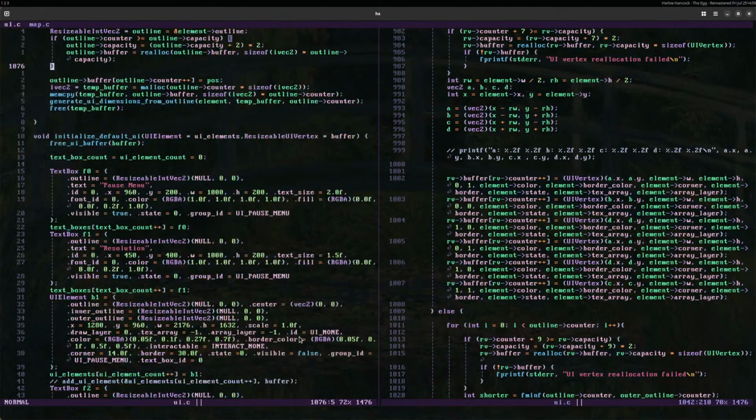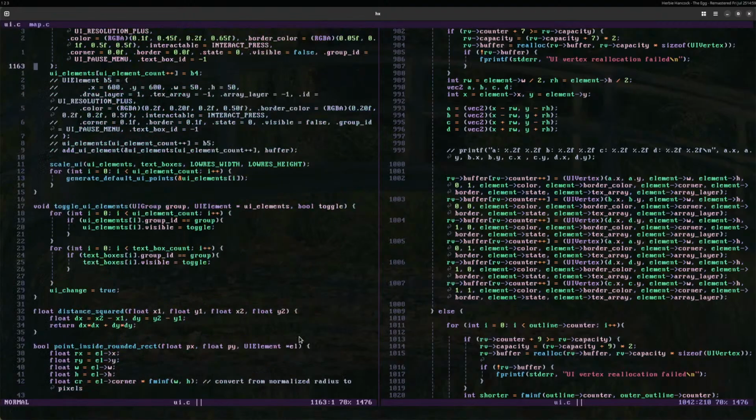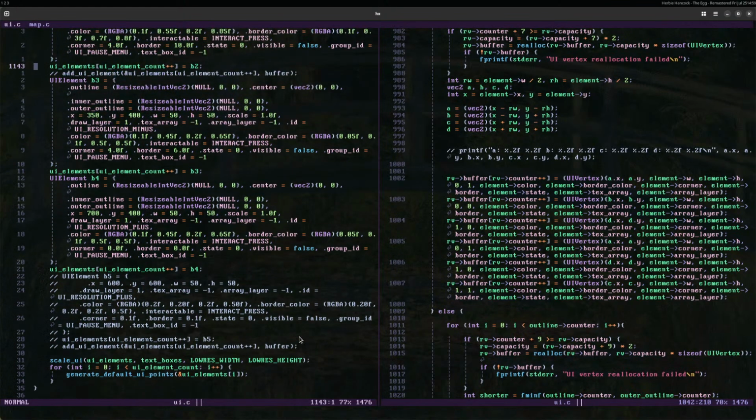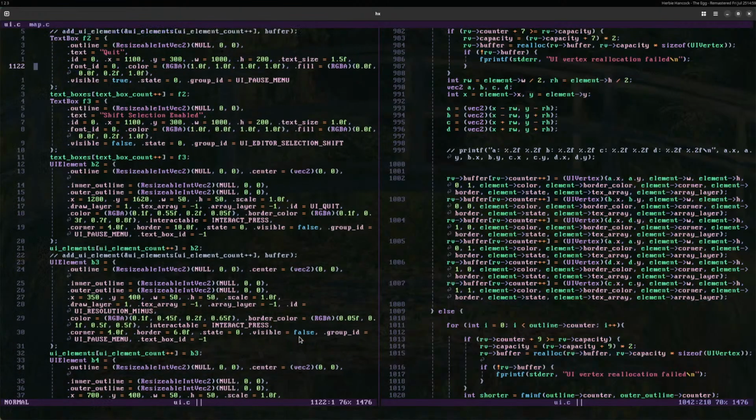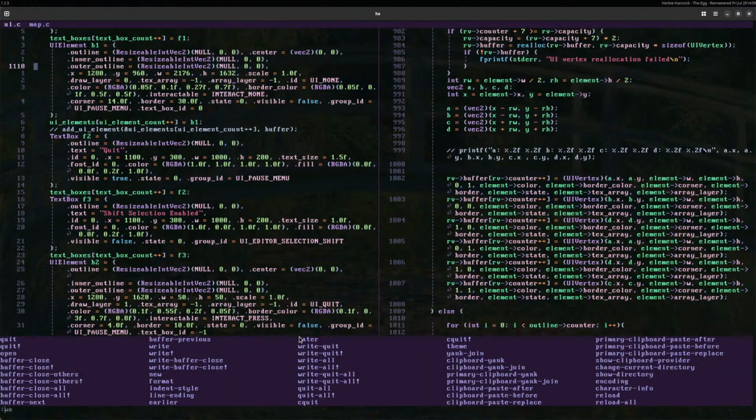Let me just make sure in my defaults that I have a... I'm trying to find where the scale is. Okay, yeah. I have 1.0 on everything. So